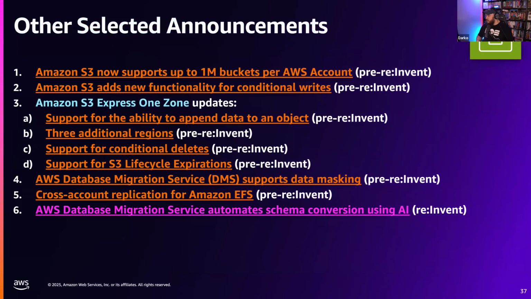And there's a couple of other announcements here. You can now have 1 million S3 buckets in your account. Sure. I guess, does anybody here have 1 million buckets or close to 1 million buckets? There are also additional conditional writes, all of these things. Again, I'm not gonna go through all of this. They're gonna be in the deck, which you can pick up later on.